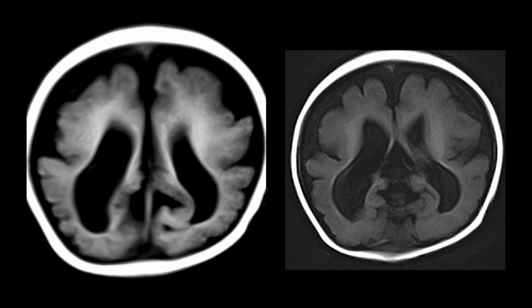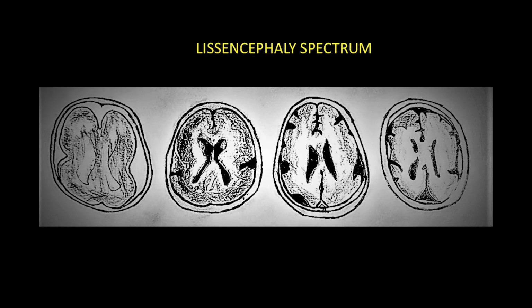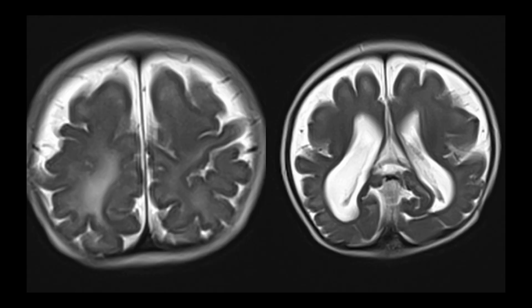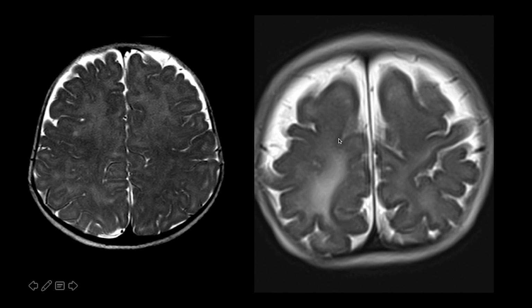Now we need to find out what the other associations with this microcephaly are. These are the different grades of lissencephaly. This is not fully formed, and we are planning to use this in the later lissencephaly spectrum. Here you can see white matter hyperintensities. This could be gliosis or unmyelinated fibers, with oversimplification of the gyri seen bilaterally, roughly symmetrically, and prominent subarachnoid spaces. To make it more impressive, I've taken a scan from 2 months later.